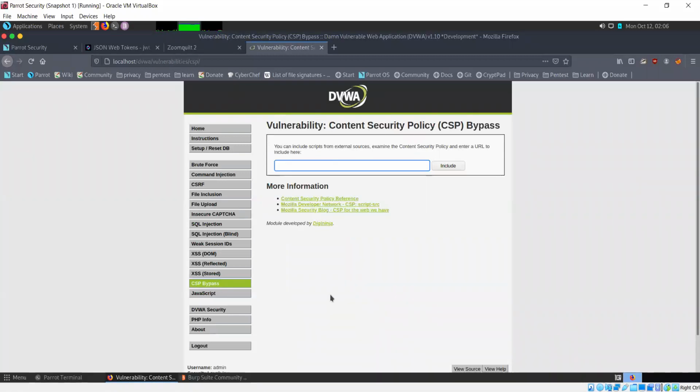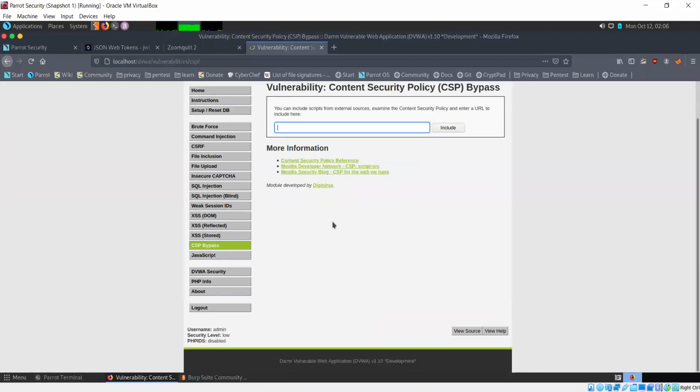Now, content security policy is actually in the form of an HTTP header, which is a part of the response that you get from the web server. So when you request a web page and there is CSP applied in the website, then in the response there will be an HTTP header for content security policy, and it basically defines what kind of domains or what sources this web page can use to load content from.